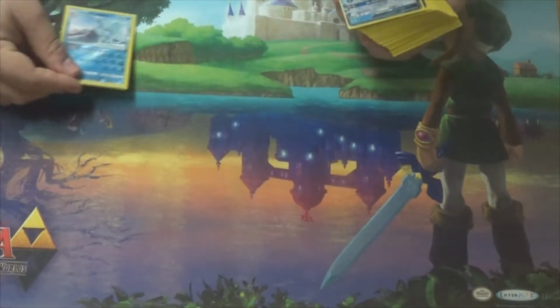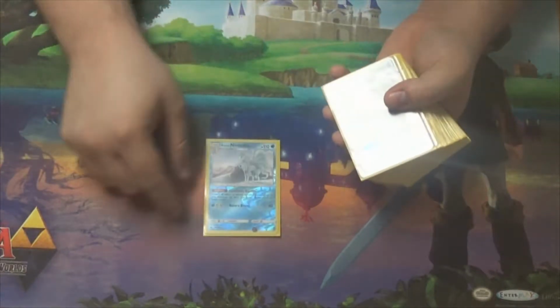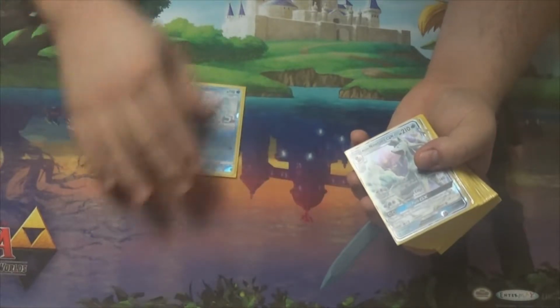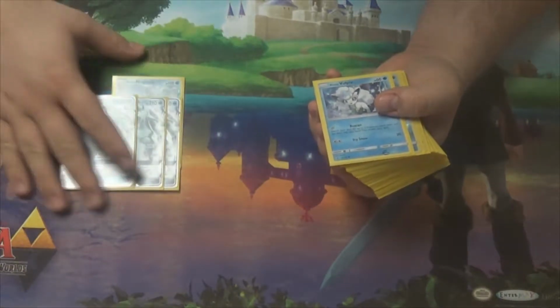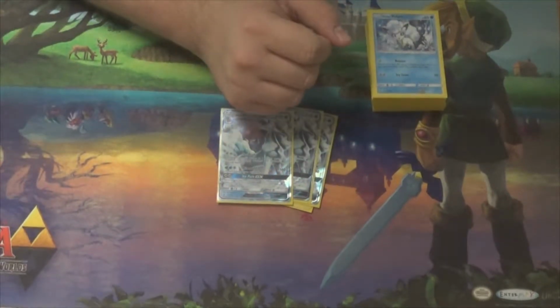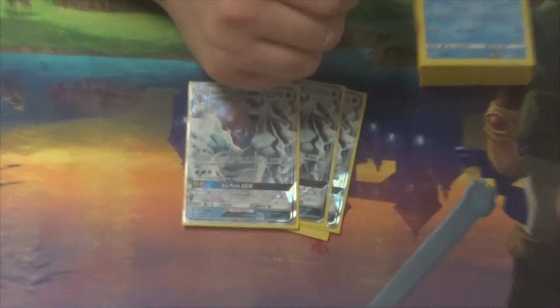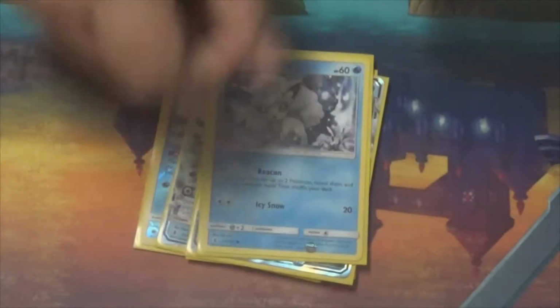For the Pokemon count, we have one regular Alolan Ninetails. Can't really see that. There we go. One regular Alolan Ninetails, 3 Ninetails GX. At the beginning you can't really see that, so I'll do this video a little bit different than what I was planning. Okay, so we got 1 regular Alolan Ninetails, 3 Ninetails GX, followed by 4